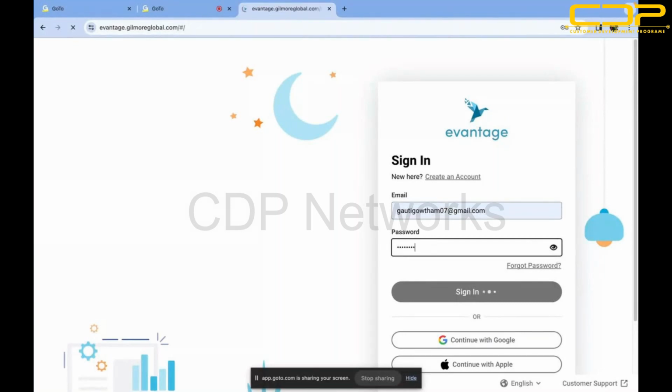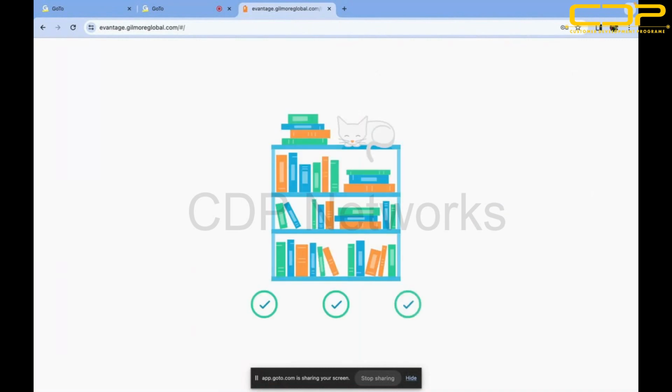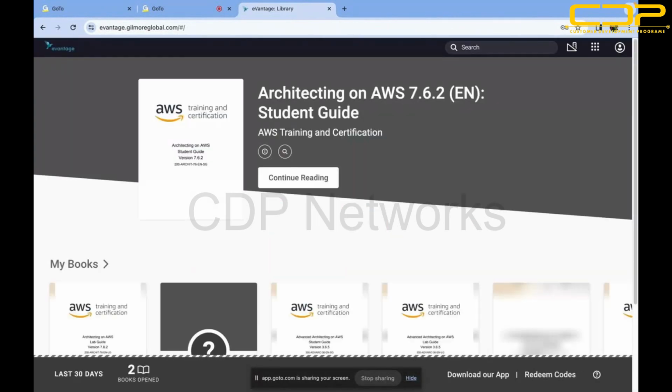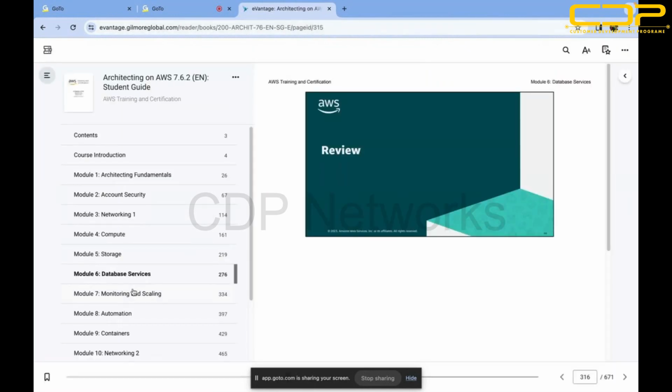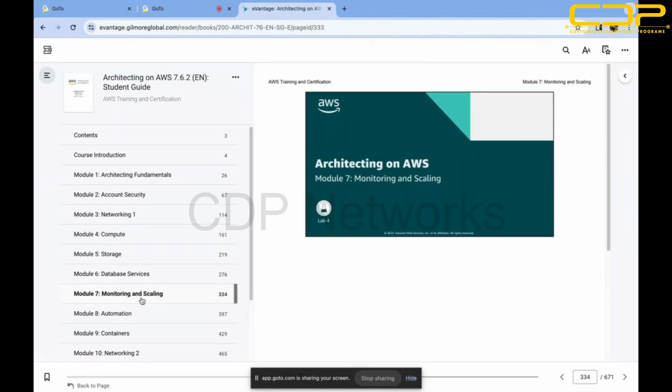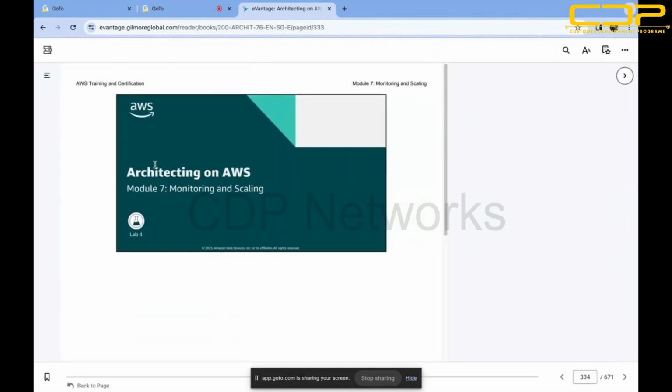So, in yesterday's session, we were discussing EC2 instances, how to create an EC2 instance, and how to host the application. All those things we have discussed in yesterday's session. I believe everyone is able to understand now. Okay, so in today's session, we are going to see about monitoring, and one of the topics, the auto scaling group,